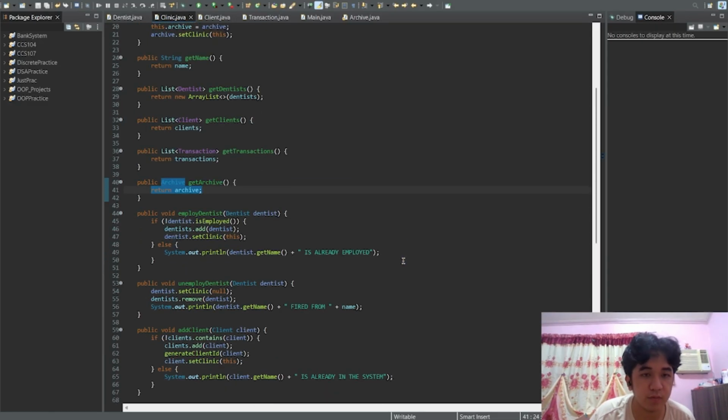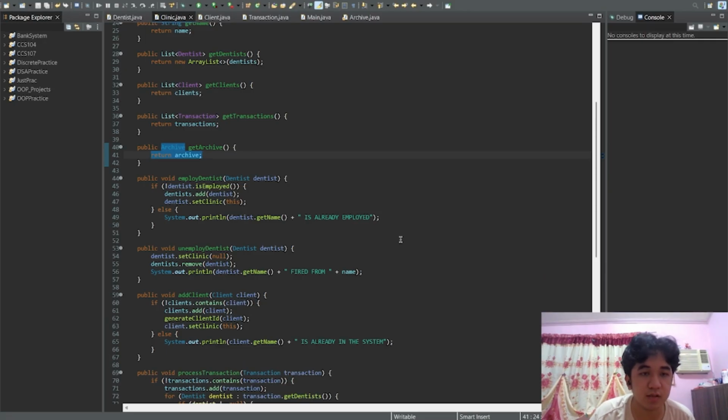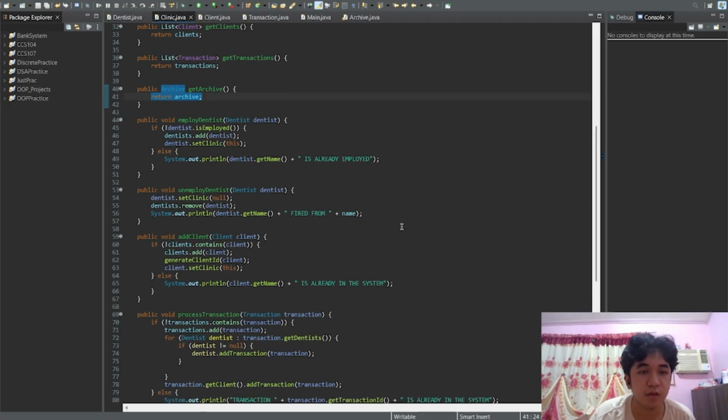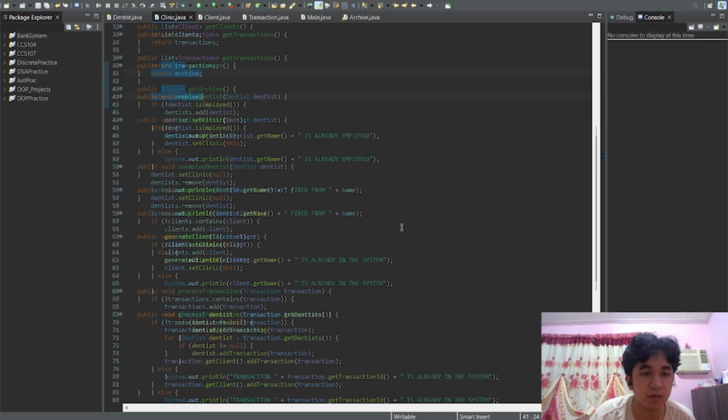So for the employ dentist, it's just a method that adds the dentist to the list with a validation in which it checks first if the dentist is employed. For the unemploy dentist, it just removes a dentist from our system. And for the add client,